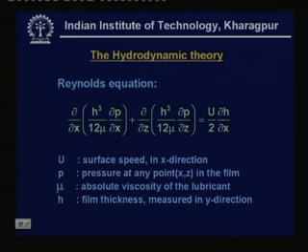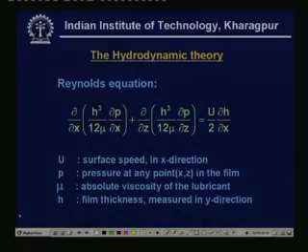And just a recapitulation: the historical background of this hydrodynamic theory is that from the experimental investigations of Petrov and Tower, and looking at their interesting results, Reynolds suggested a general equation for the hydrodynamic theory, and this equation is given here. As you can see, this equation is nothing but purely a flow equation under the pressure gradient,